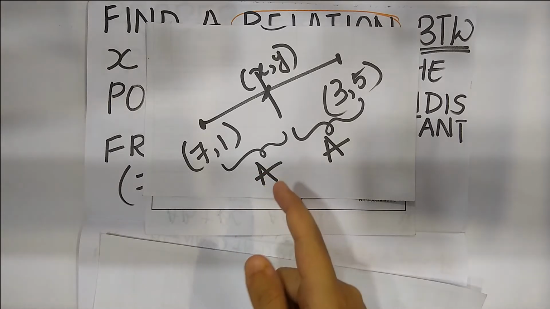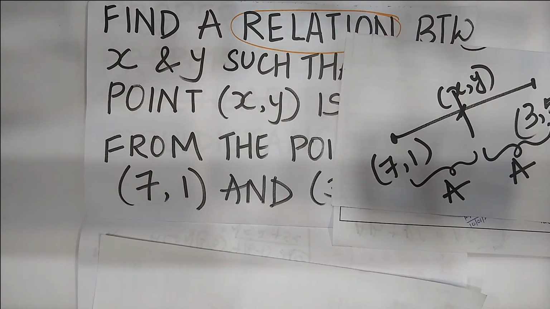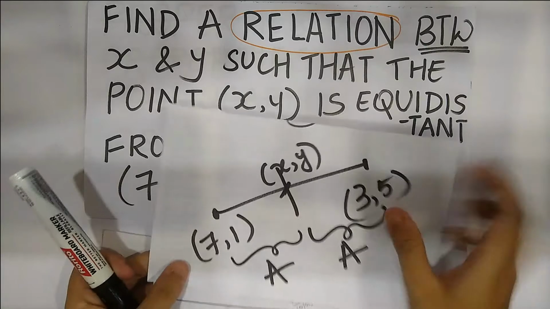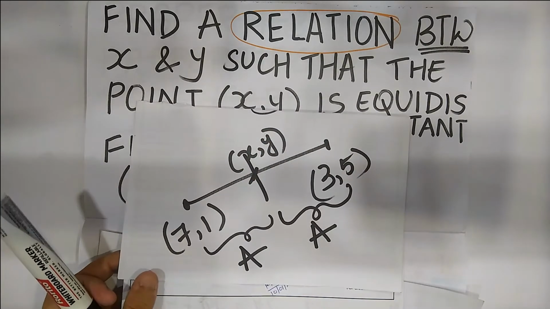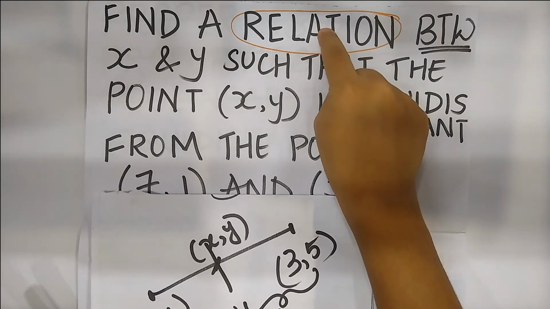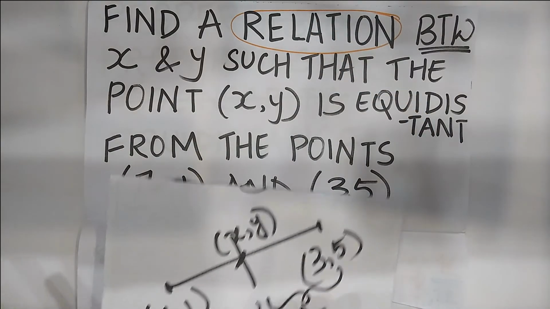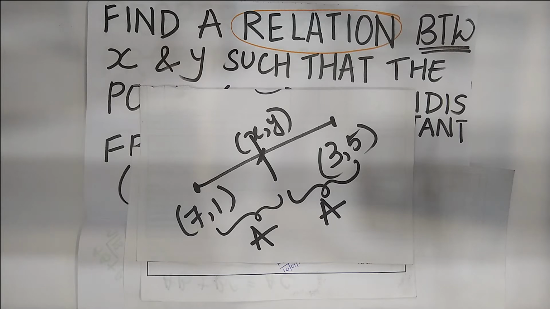So this diagram makes us understand the question better, right? The diagram that I've drawn here is the condition. We've already understood the condition. Our main motive is to find the relation. What they're asking us here is to find the relation, which is to find the equation. The equation will consist of x and y somewhere. It will not consist of whole numbers everywhere.